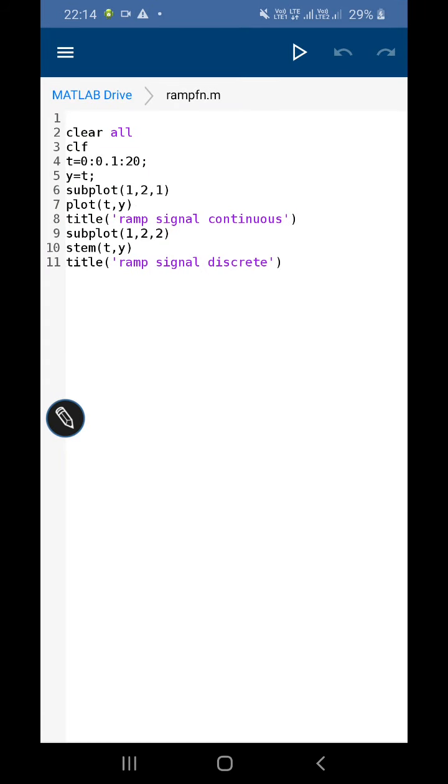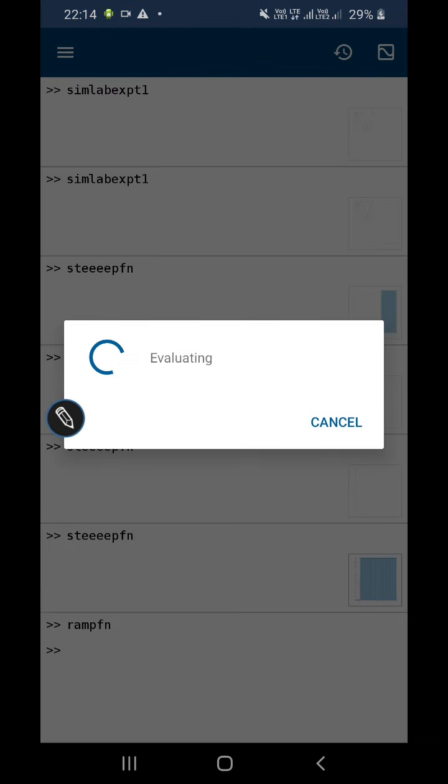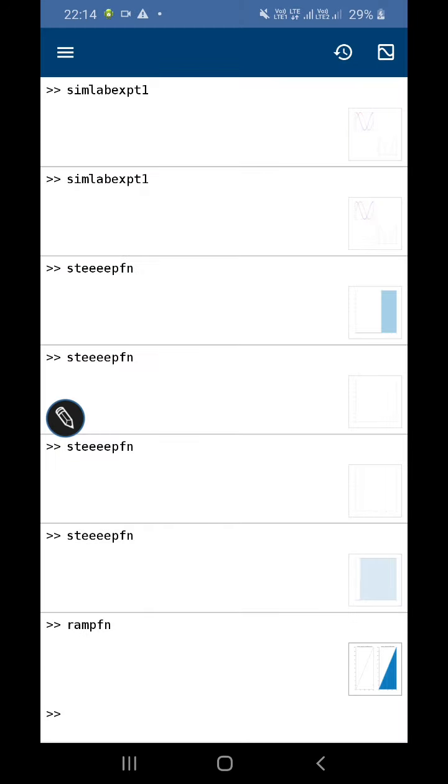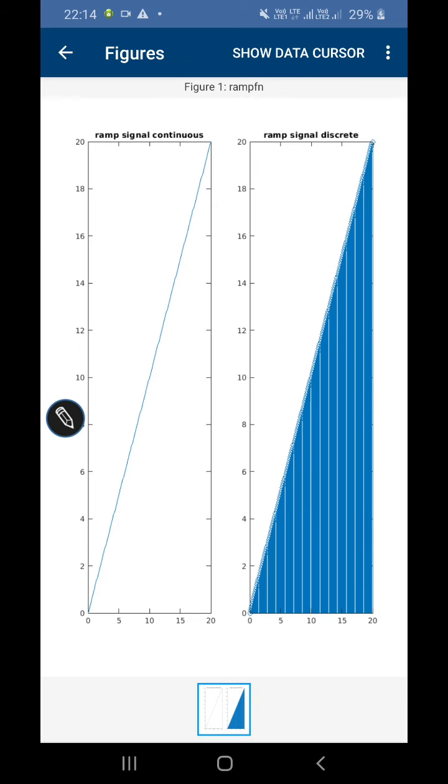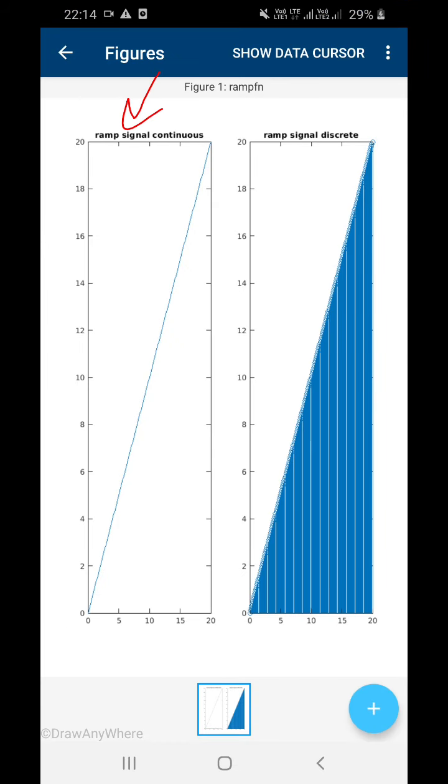Ramp function. Okay, so now let me first run it and show you. Yes, so here you can see that the first graph represents the ramp signal. Ramp signal is nothing but a signal starting from origin, and it looks like a ramp. You know the ramp for cleaning the vehicle.